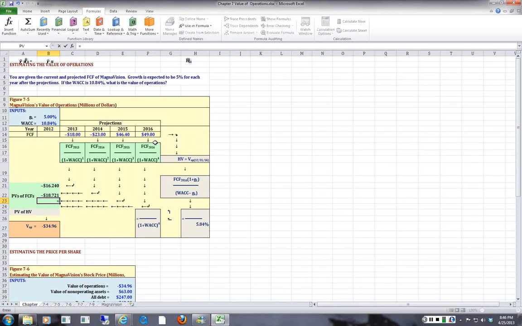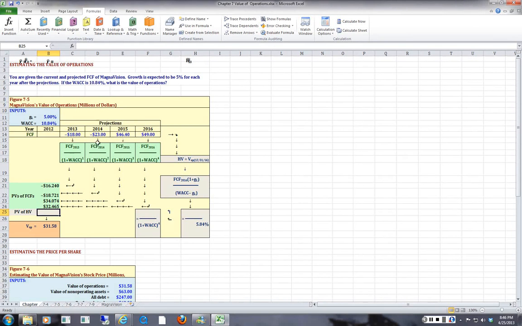So the third year we are going to take that 46.4 and divide it by 1.1084 to the third power, and that gives us 34.074. Then for the fourth year, we take that 49 and divide it by 1.1084 to the fourth power,